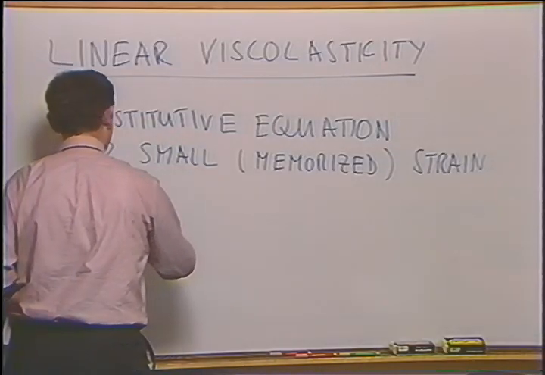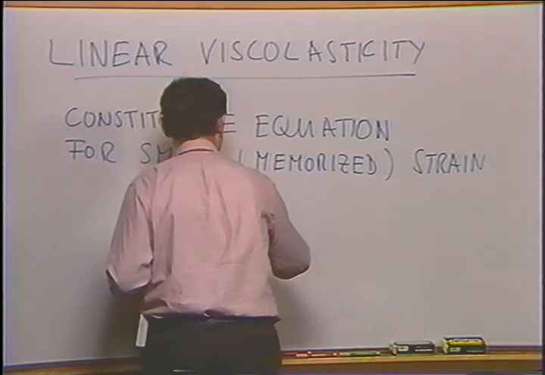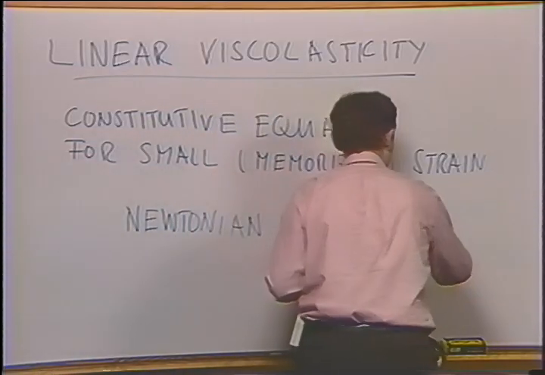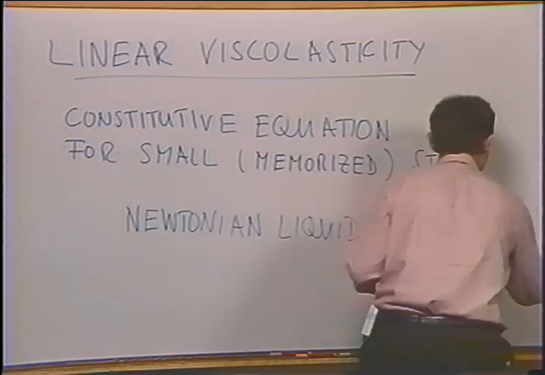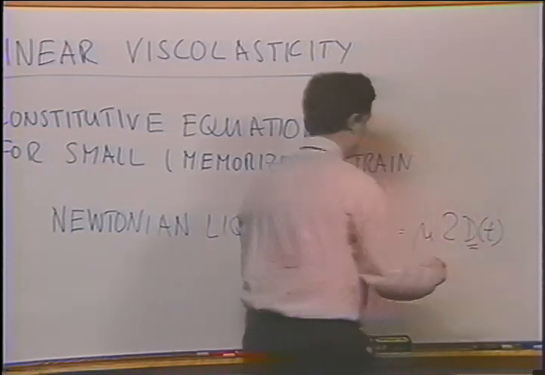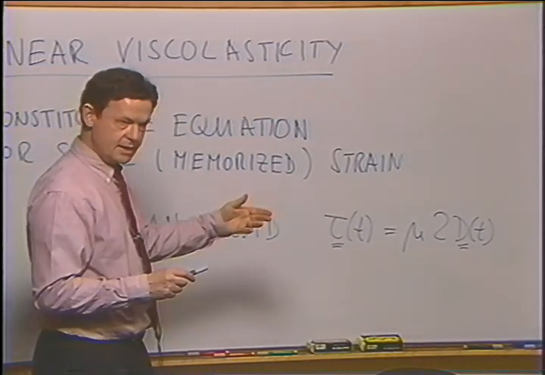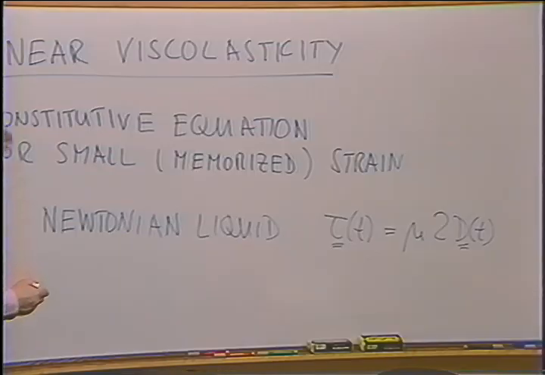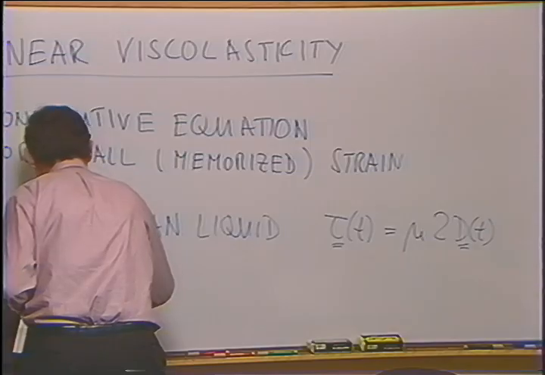If you look at the Newtonian liquid, the stress at some time t is given by the viscosity times 2 times the instantaneous rate of deformation. That's a linear equation, and the behavior is linear even at large deformations. So that's one limiting equation for our linear viscoelastic model, which we are going to look for. And the other limiting case is the